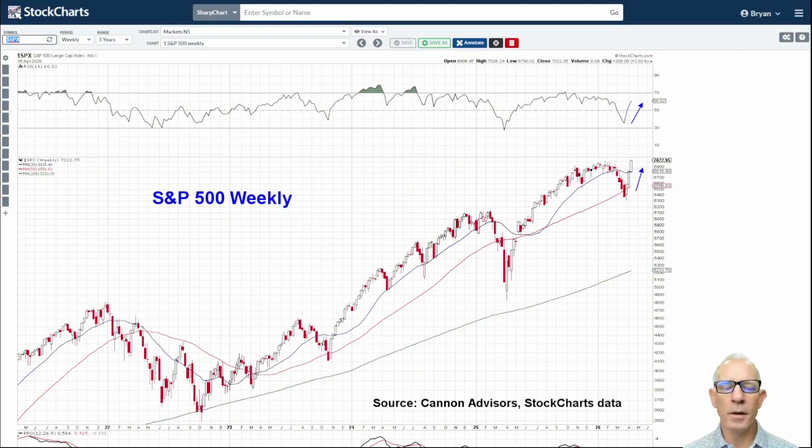Obviously, we want to keep our eye on the cost of oil and all the other things that can impact the market, inflation and whatnot. But as it stands right now, the coast is clear. Time to not be too conservative. So as you can see, the conflict in the Middle East has had very little impact to the market. So it's back to fundamentals, back to charts, and back to business as usual.